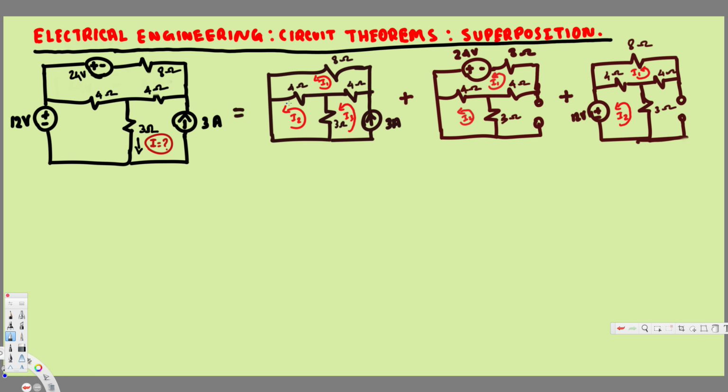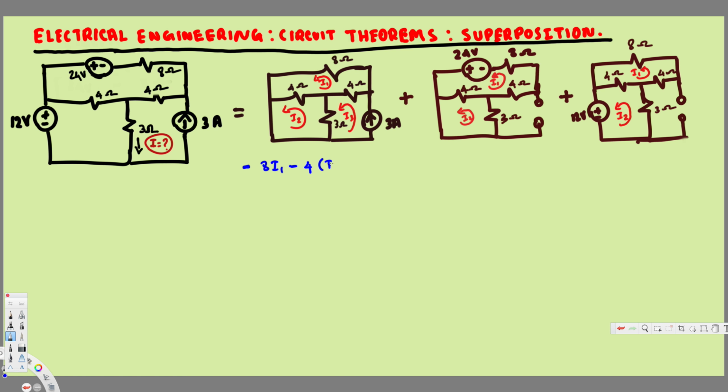Now let's start with this circuit. Here we are going to use the mesh analysis technique. Through the 8 ohm resistor this I1 is going, so that's going to be a voltage drop right here. So we are going to put minus 8 I1, and then it's going through this 4 ohm resistor, so that's going to be minus 4